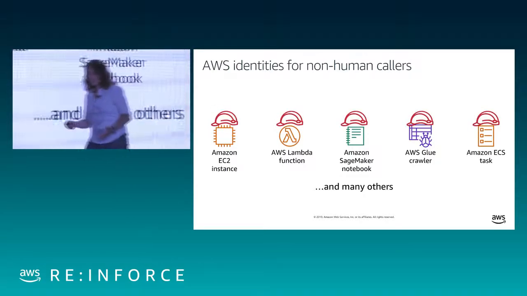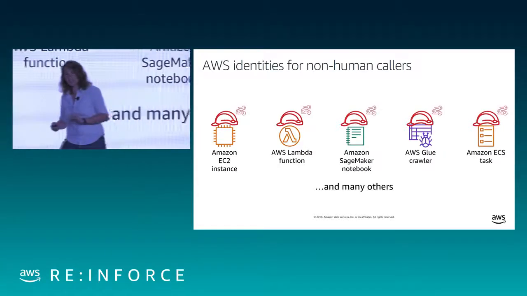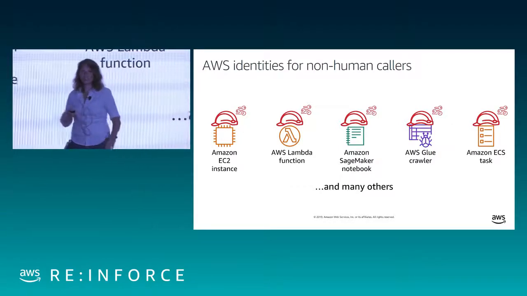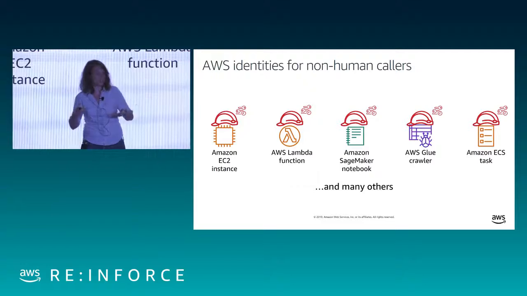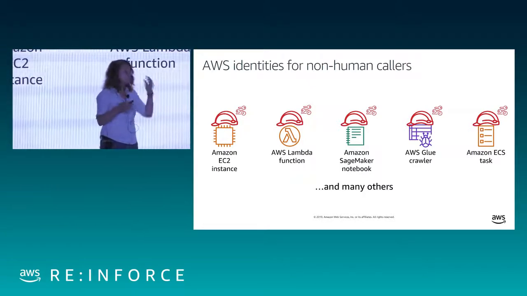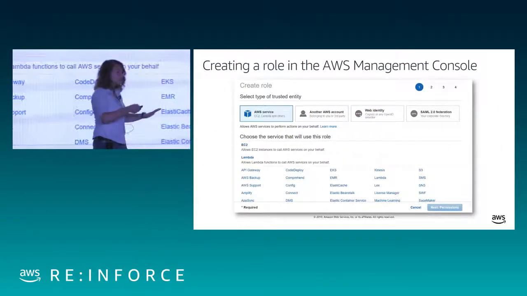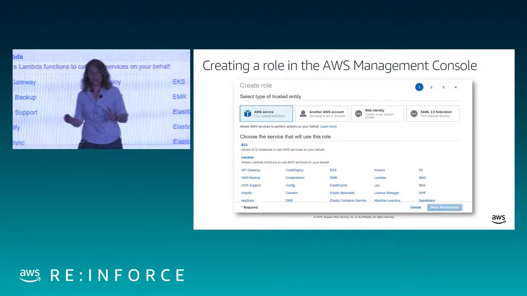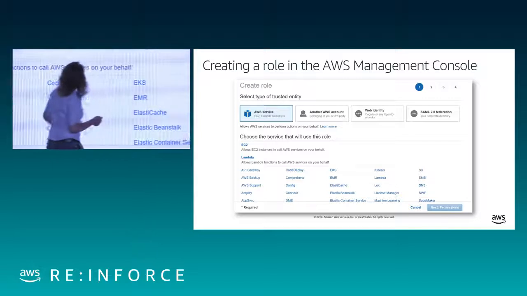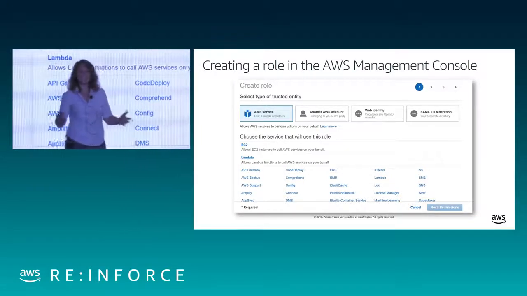So all of these environments have the ability to have roles, and the nice thing about IAM roles, and again, this is all mostly taken care of for you under the hood, is they operate with short-term credentials. As security people, you should like to hear those words, short-term credentials. So this is who you can be in IAM, and in fact, on this role topic, if you were going to walk into the AWS console, the IAM console, and go to create a role, this is the first thing you would see here. The first choice you would have is, what is this role for?